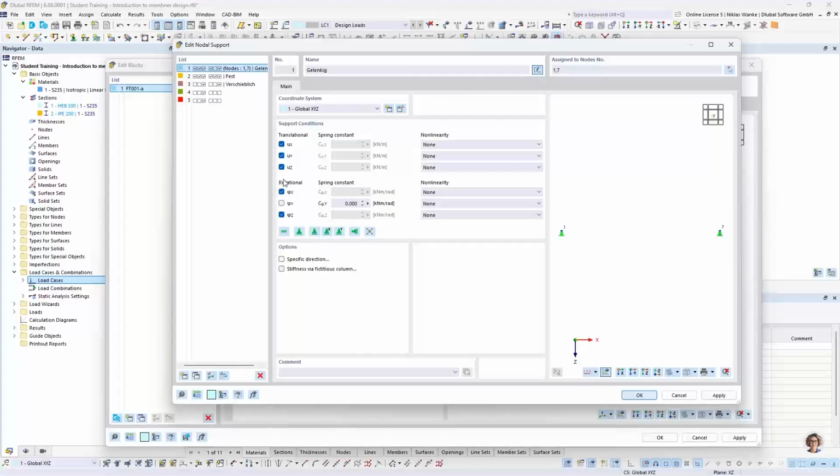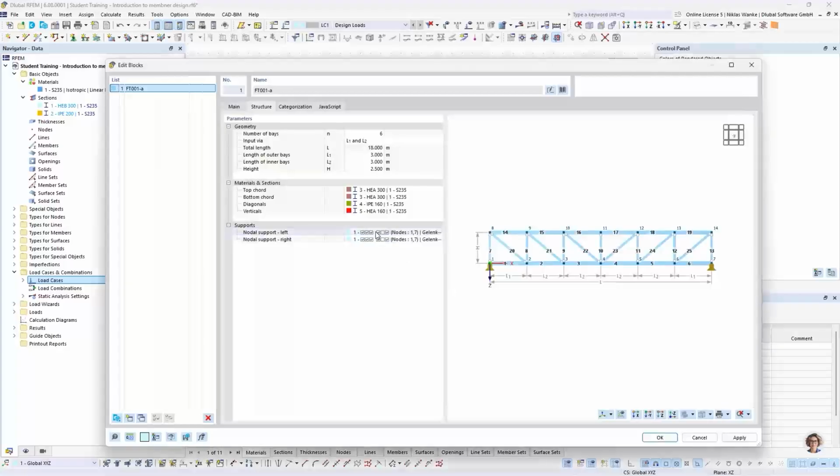We can activate this checkbox so that the system is rotationally supported. Okay, let's change this, and this has been done. And now we can implement this block into our